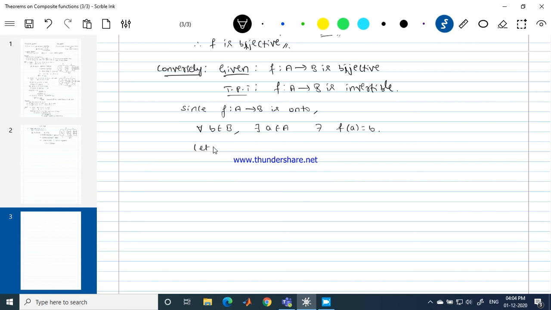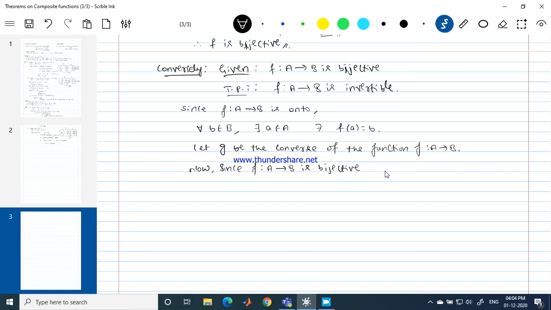Let g be the converse of the function f from A to B. Now, since f from A to B is bijective,